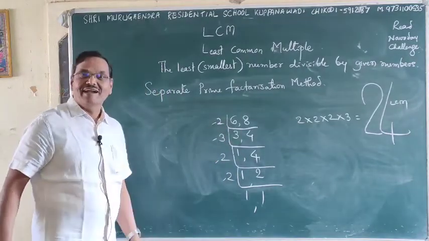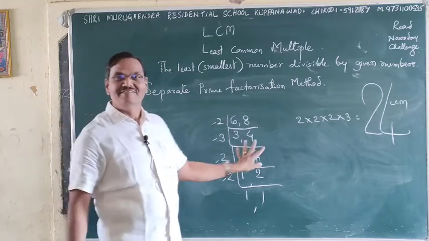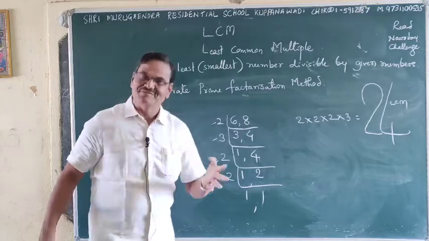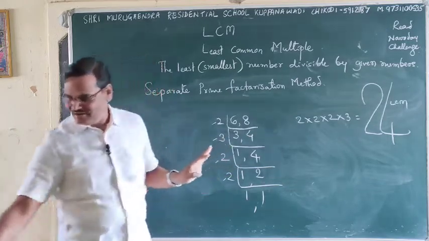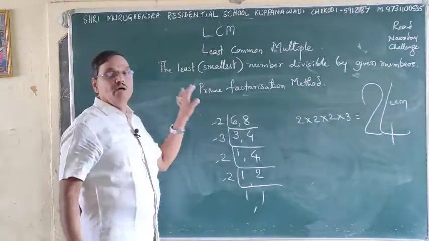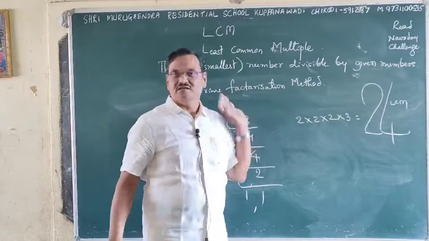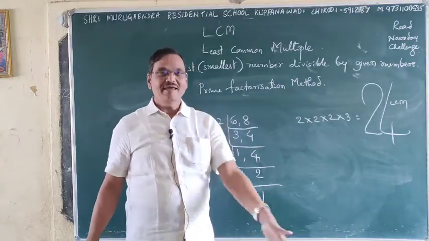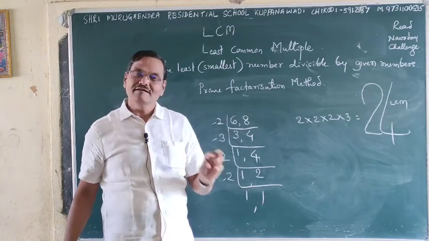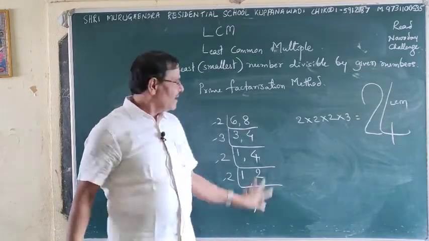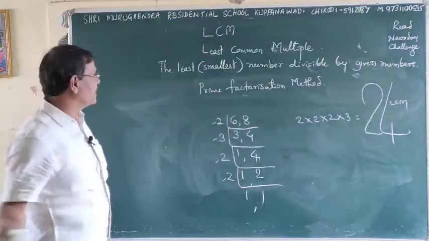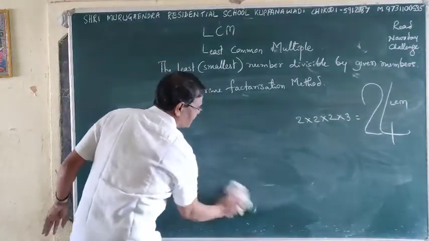Okay. So in the entire world, we found this method to be a very beautiful method, because here time and labor are saved, chalk piece is saved, ink is saved, and time, everything is saved here, and children will not get any disturbance. So this is called the prime factorization method. Okay, here some tricky methods are there, you have to use them and find easily. Okay, that we can understand. Okay, this is what? LCM.